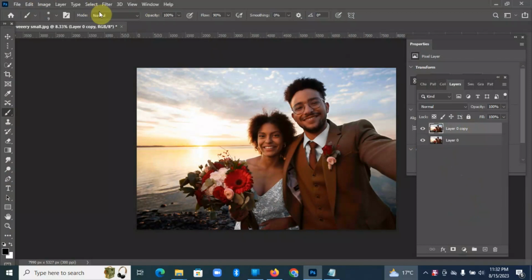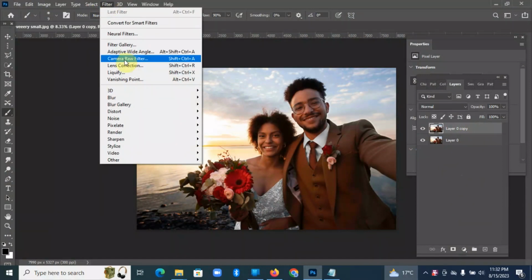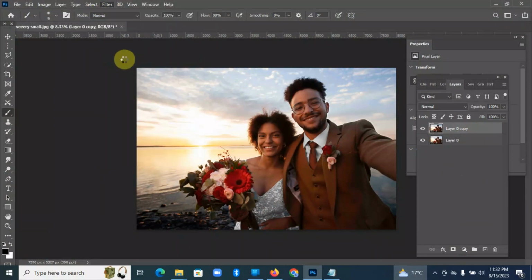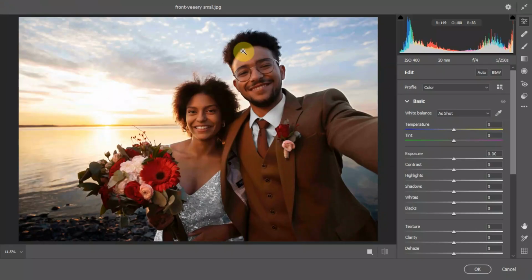On this copy I'm going to come over to filter and then camera raw filter. Perfect. Now we're going to adjust these settings to have a nice effect. I'll go through some of the key settings that we need to take note of. Temperature and tint, you're going to leave them as they are. Exposure, I'm going to just increase a bit of it. 5 is not bad. Contrast, I'm going to increase a bit to